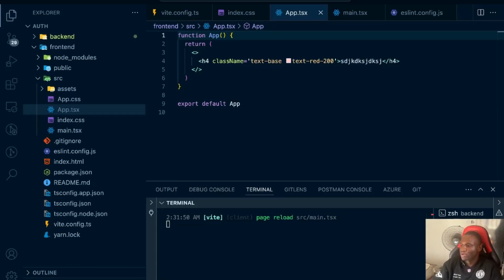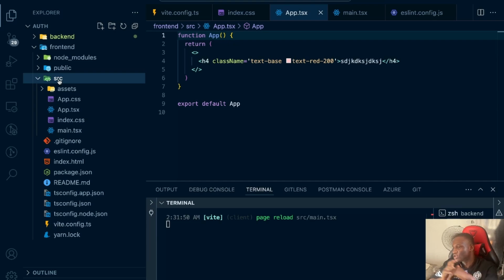So let's get started with our designs. The first thing we want to design is the login page, so let's go ahead and start building that. On our app, we need to do a few things right here. Whatever we're going to be building, all the pages, everything relating to the business logic of things, we're